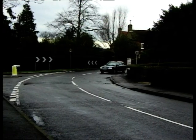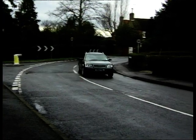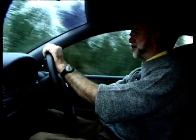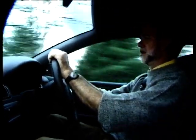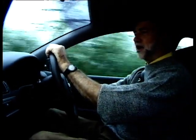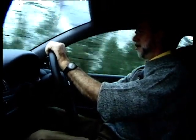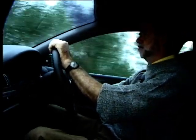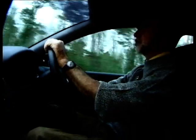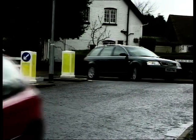Road surfaces round here in deepest Surrey, not particularly good. Obviously the county council is short of road repair budget, and the Audi does tend to pitch around a bit on the bumps and thumps. It'll be interesting to see what it's like with the full permitted load in the back. The ride is good, but personally not as good as for instance the 5 Series Touring, which is the obvious